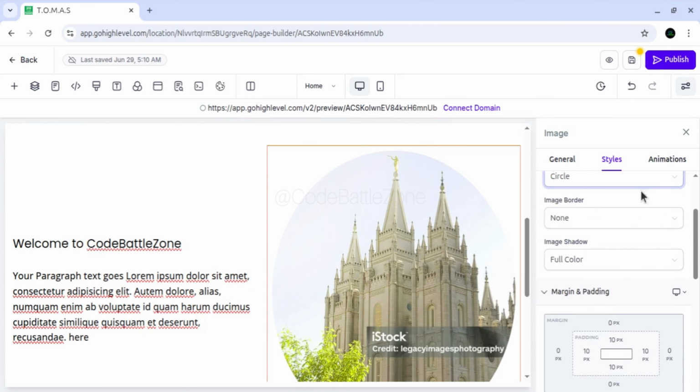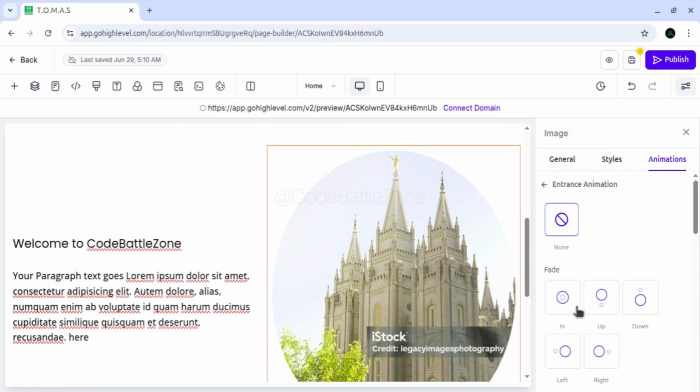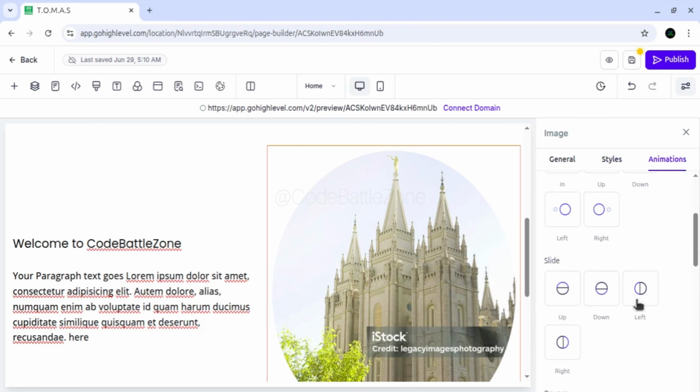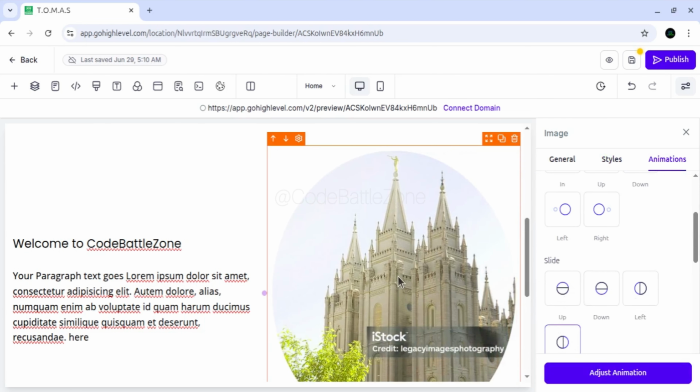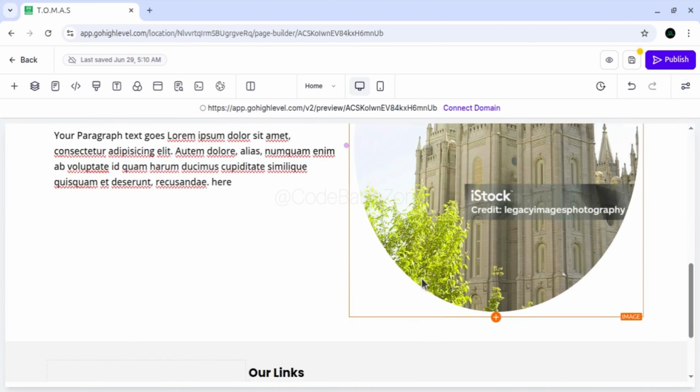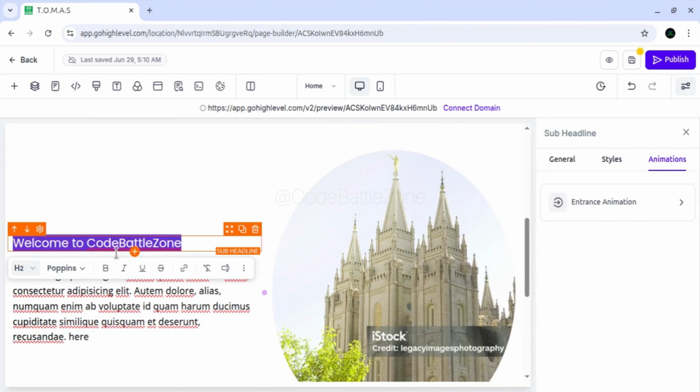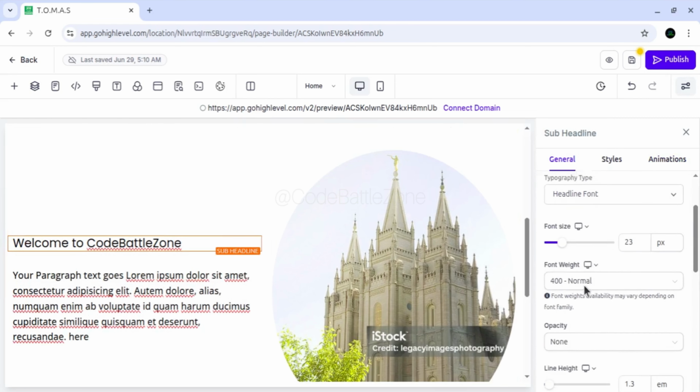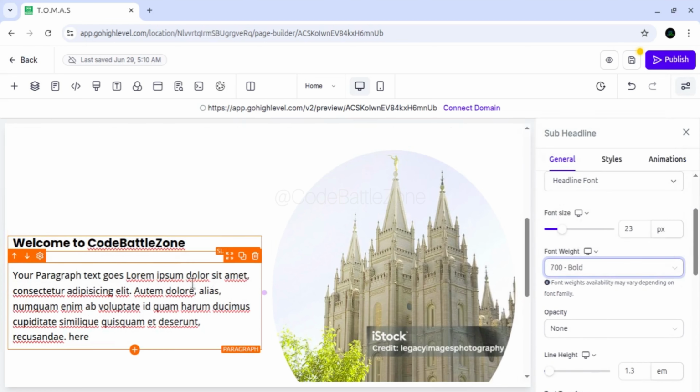Another thing, you can manage the animation. You can write element this way. The image will appear on the screen with the animation. Make the section bold. Here you can manage the